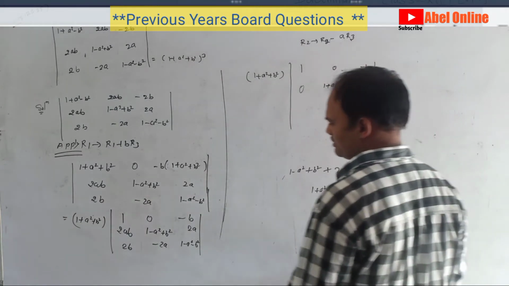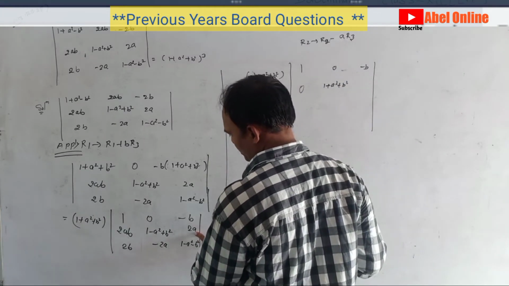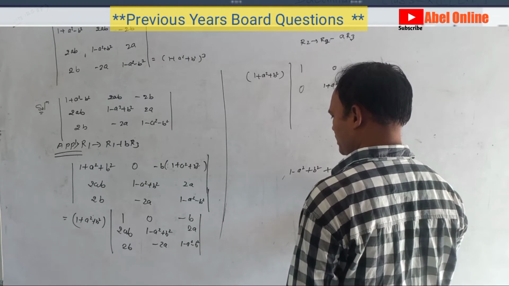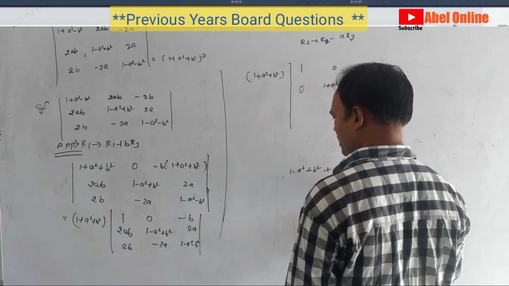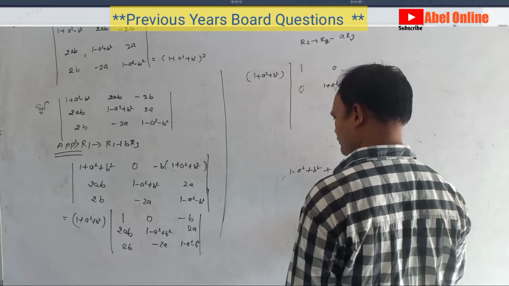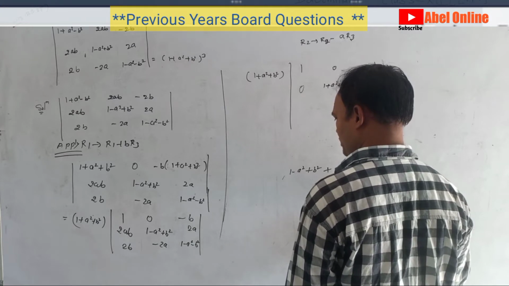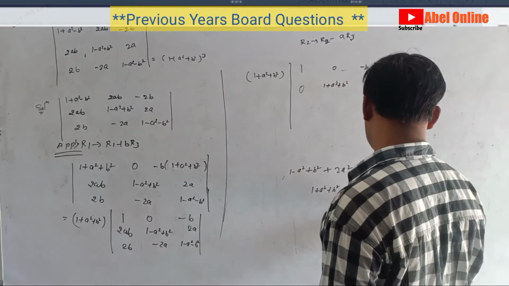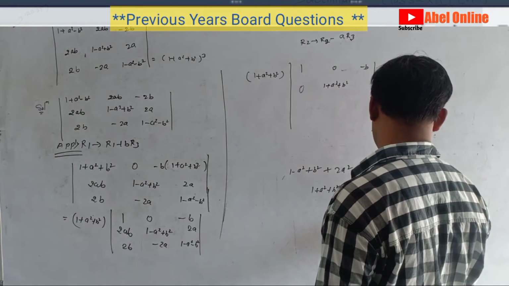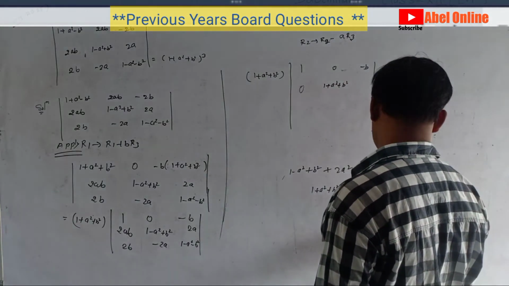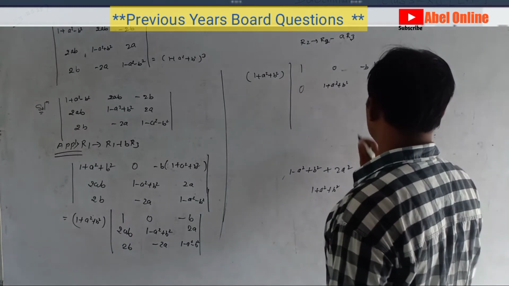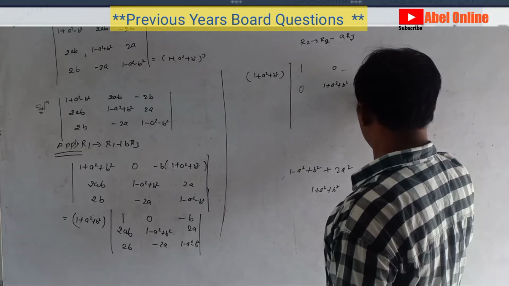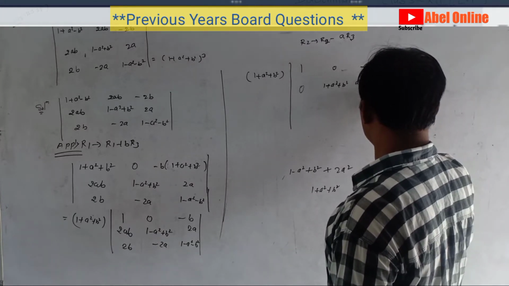Okay, look at here, it is 2a minus a, minus plus, it is a cube plus a b square. What about here, it is a plus a cube plus a b square. So a is the common, so it is 1 plus a square plus b square. So it is common, it is a into 1 plus a square plus b square.